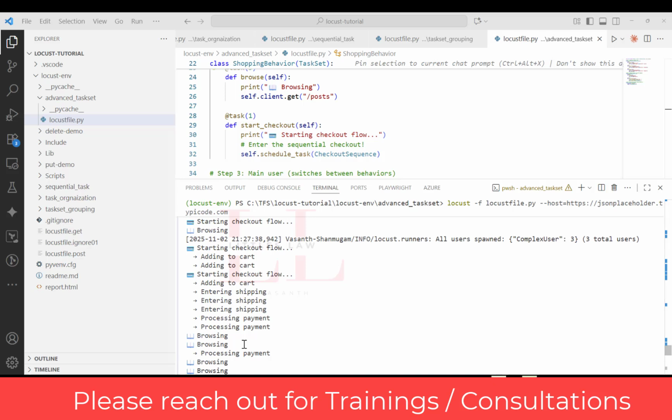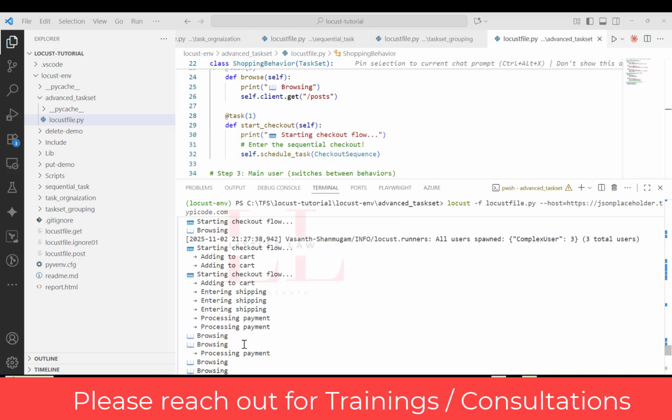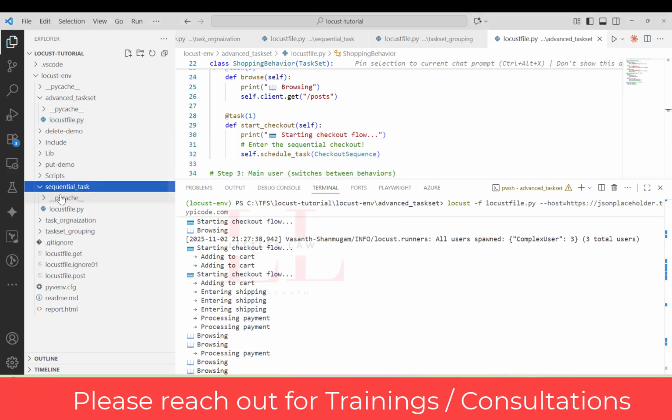So when to use what? A quick decision on it. Use task decorators only when you're going to use independent actions and you're not going to follow any specific order. You can use the task, not the task set, when you are going to run a simple load testing example, for example API endpoints that don't depend on each other. And then if you want to use the sequential task set, the one that you see here, the sequential task set,